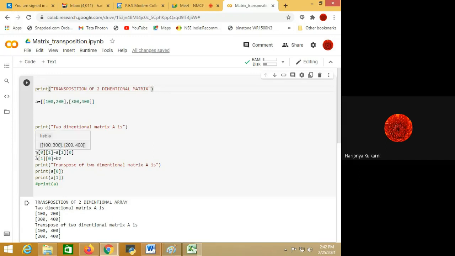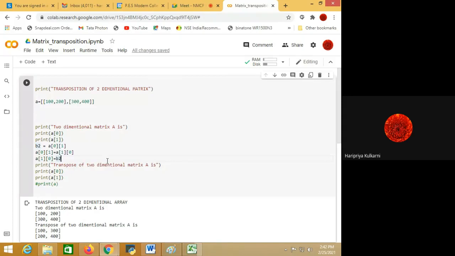This is A01, and I have to overwrite it with A10 for transposition. This is first row, second column, and I am replacing it by first column, 0th, that is first row, 0th column. So this 300 I am overwriting onto the 200 out here. Then I replace this 300 with 200, because I have already stored this 200, A01, in B2, so I will write B2. The logic is the same as that of the swapping program we have studied. Once they are swapped, again we will print the matrix.